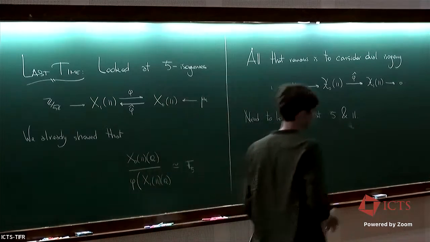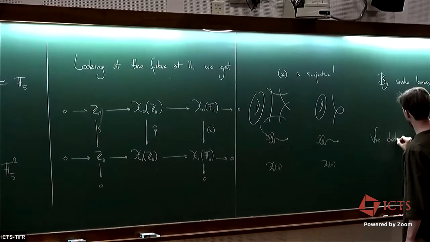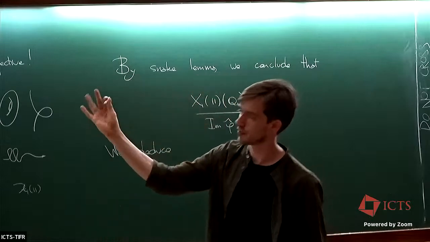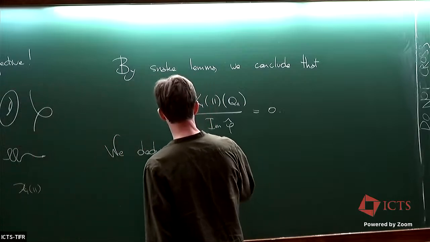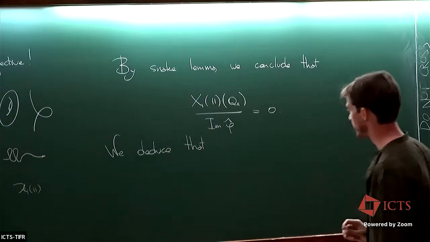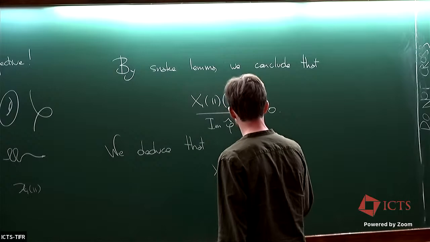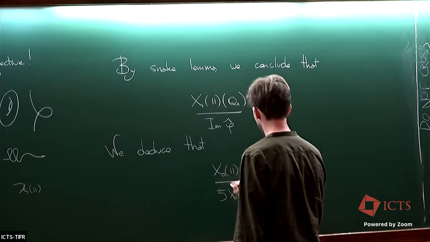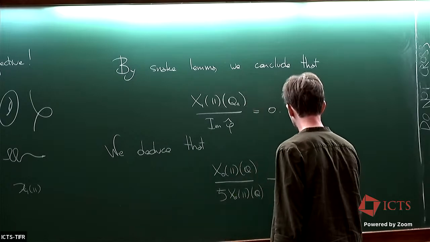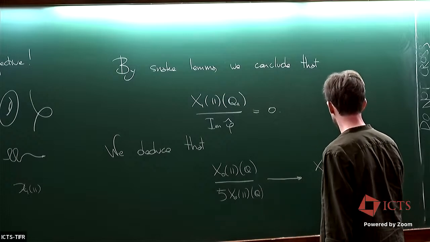Okay, and then we proceed in the usual way. So we deduce, for example, we've now gotten both sides of the isogeny, both phi and its dual. We estimated the co-kernels, and so we deduce now an estimate, just like we do when we do a descent by 2-isogeny on elliptic curves. For instance, if I take X_0(11)(Q), and I quotient out by 5 times X_0(11)(Q), then I get a map from this naturally, because there's a containment of the kernels here, to X_0(11)(Q),